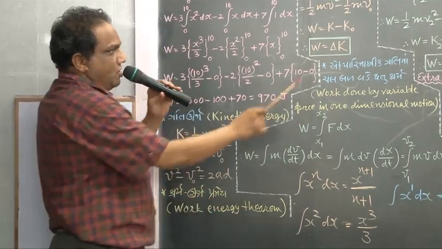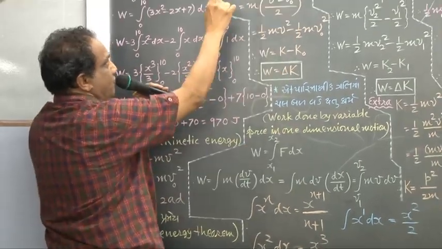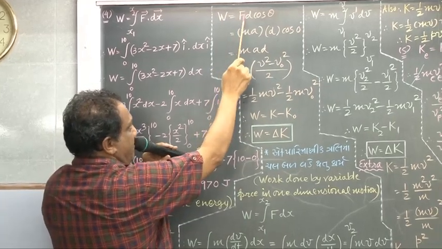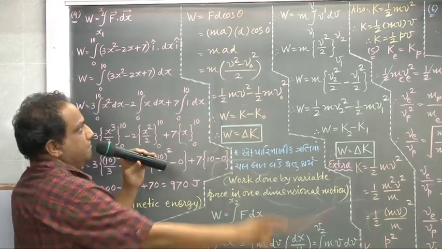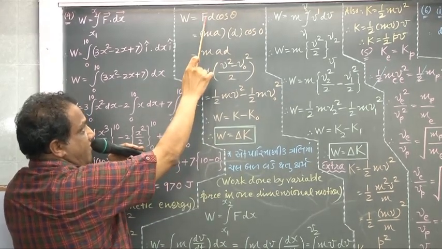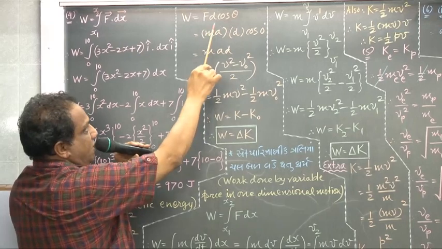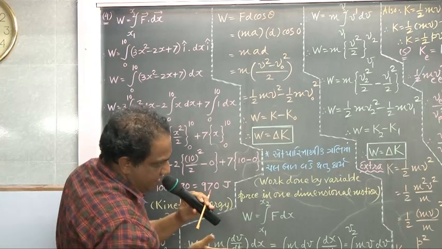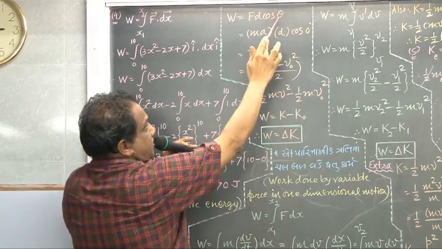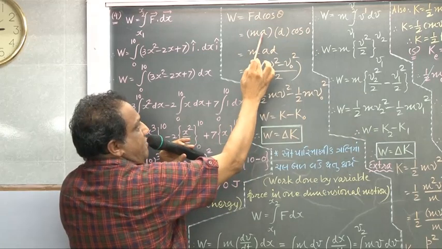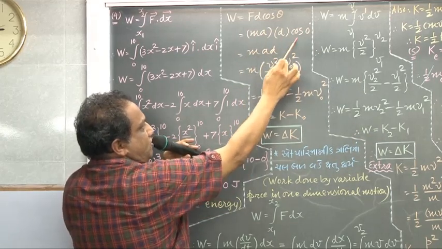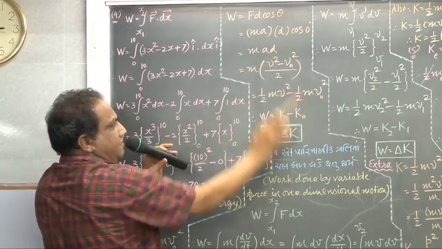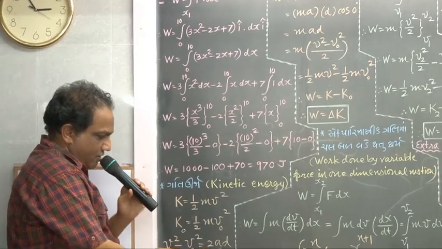What is the result I am showing you? Work done by a constant force by formula W equals F d cos theta. Now F, formula of F equals ma, d as it is. If the displacement is undergone in the direction of force, then theta is 0. So W equals m a d, cos 0 is 1. Now m as it is. Find out ad from here.